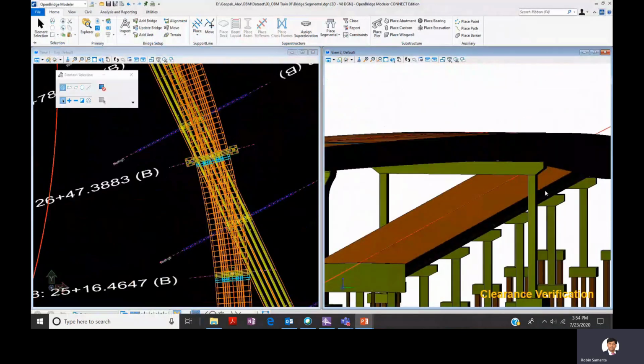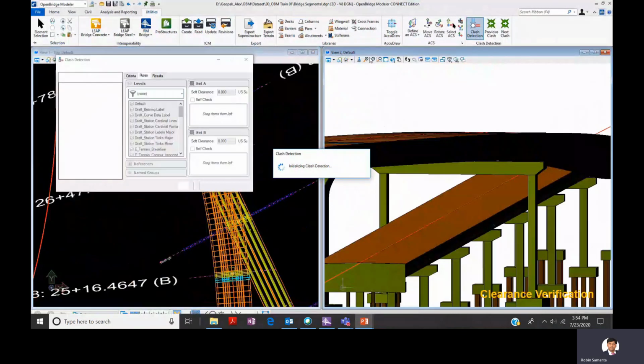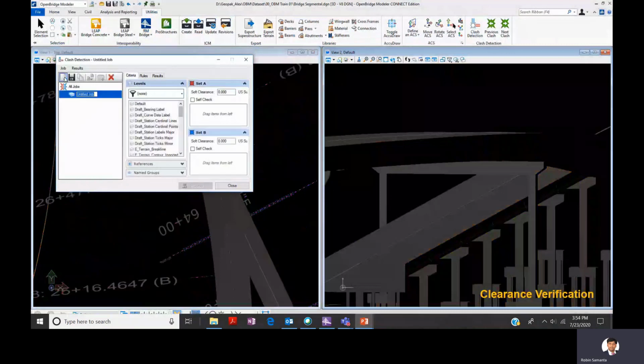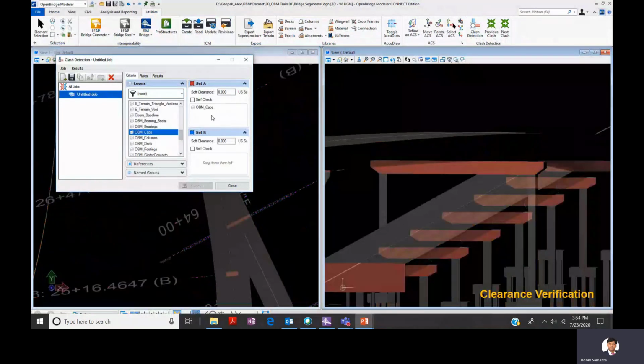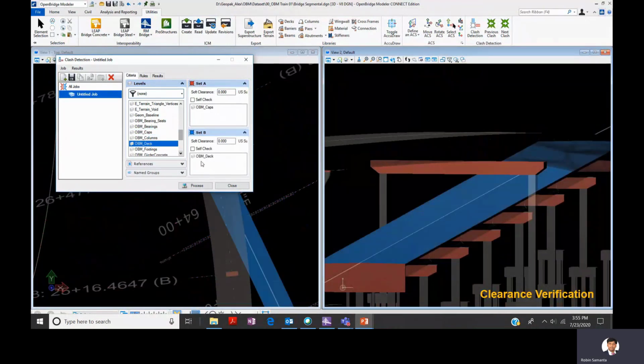But here OpenBridge Designer gives you an automatic tool where you can define certain rules, and after you define the rules, you check the hard clash or the soft clash between both the elements, right? Then as per your rules, the minimum clearance requirement that you specify, based on that it will show you whether there is a clash, or if there is no clash, what the exact horizontal and vertical clearance is. So that's how easy it is.